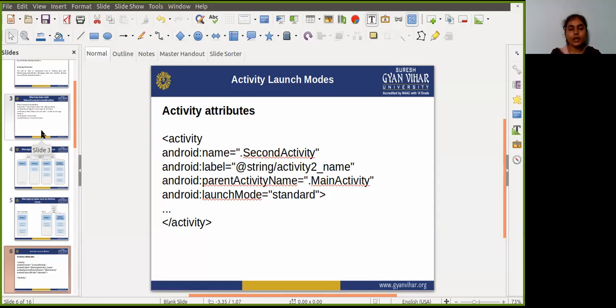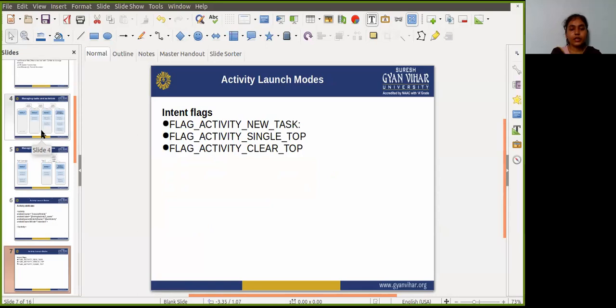The next one is intent flags. Intent flags are options that specify how the activity that receives an intent should handle that intent. Intent flags are defined as constants in the Intent class and begin with FLAG_.